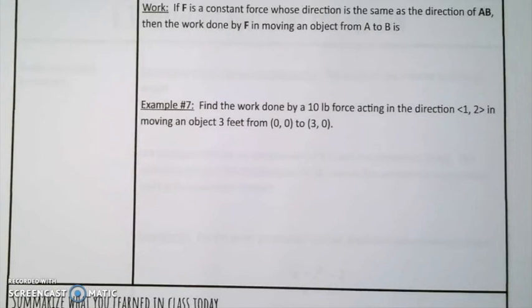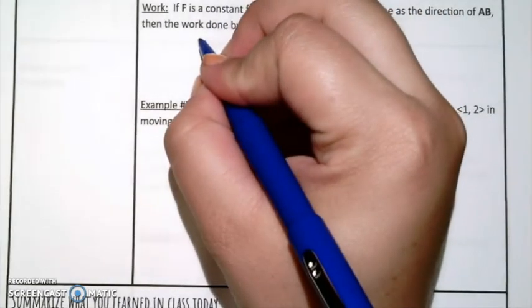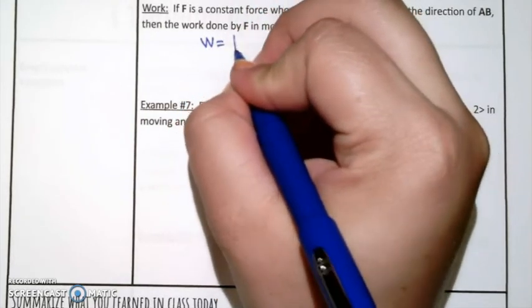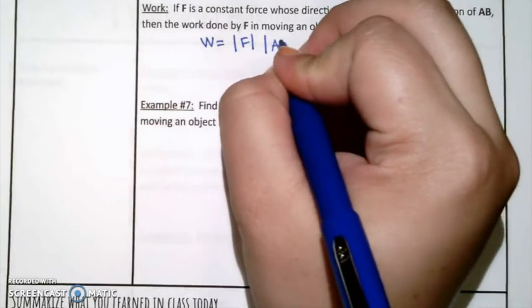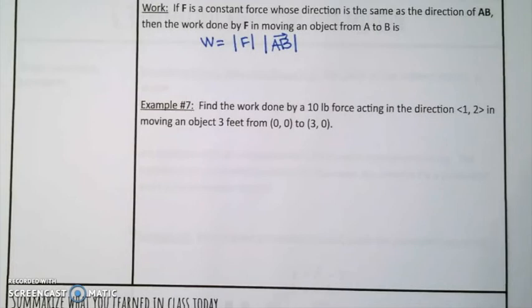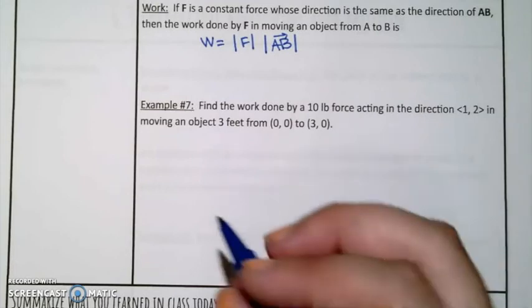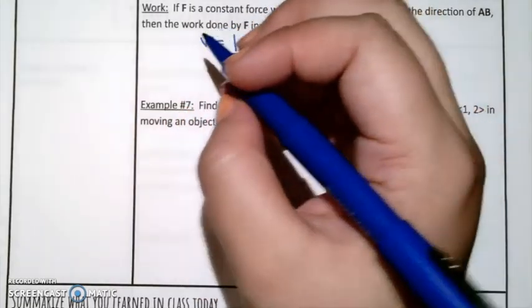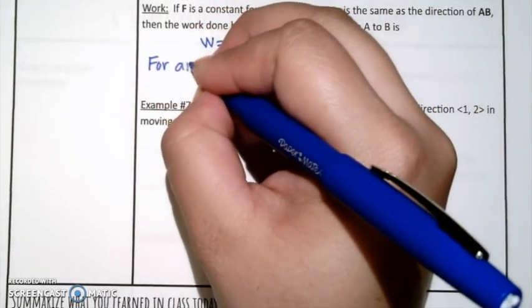All right, we're almost there. So on page 140 of your notes packets, the last page of 6.2, we're looking at work. If F is a constant force whose direction is the same as the direction of vector AB, then the work done by vector F in moving an object from A to B is calculated by the equation W equals the magnitude of F times the magnitude of vector AB. For any vectors that are not pointing the same direction, so this would work if they are or if they aren't, for any vectors,